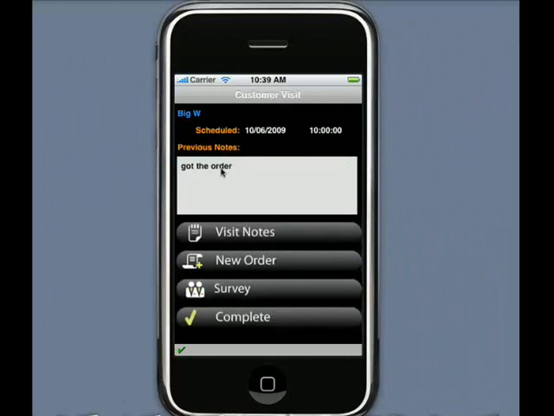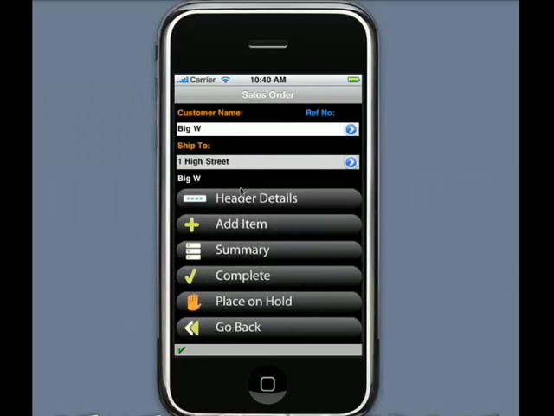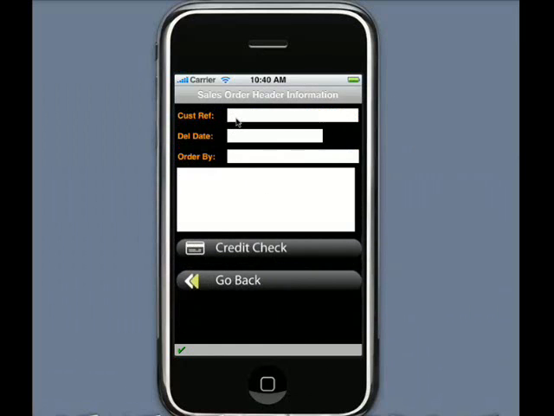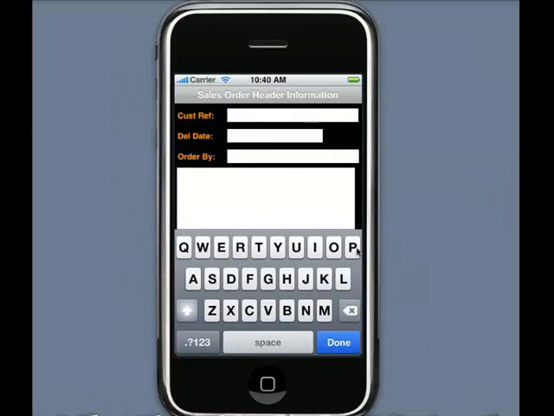As I can see in my previous visit notes, last time I was here I got the order, which is fantastic. Today's visit, of course, has gone great, so I want to create another order. So I select the order menu, and as you can see here, the customer details have defaulted in for me. The ship to address has been maintained. I can go in and display header details. I can create the PO number,